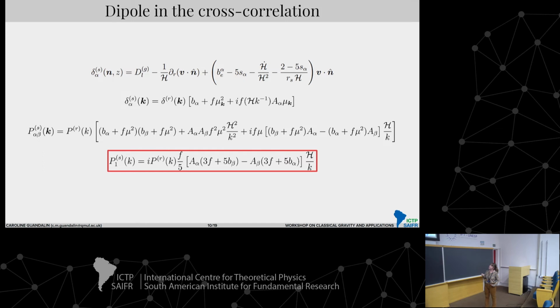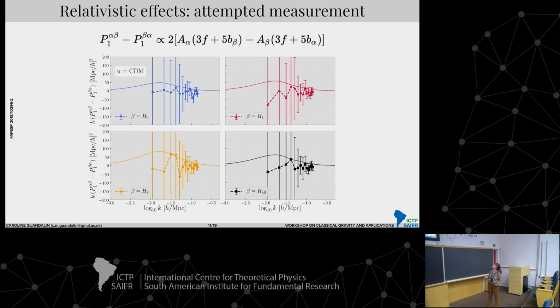And one interesting thing to look at here is that this depends on this parameter A alpha. A alpha is carrying information from your tracer, such as magnification bias, evolution bias, and quantities that are actually important when you try to model the large-scale structure, because these things encode the evolution of your tracers throughout the redshift. So it is important if you're trying to do analysis in the past light cone. B alpha here is just the linear bias of the tracers, and F is the growth rate of structure.